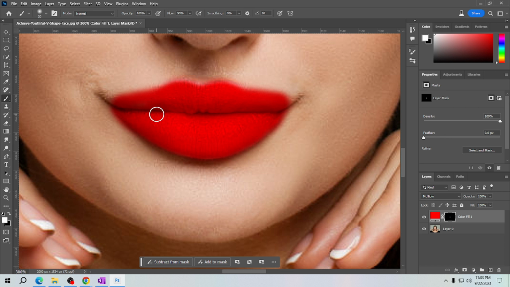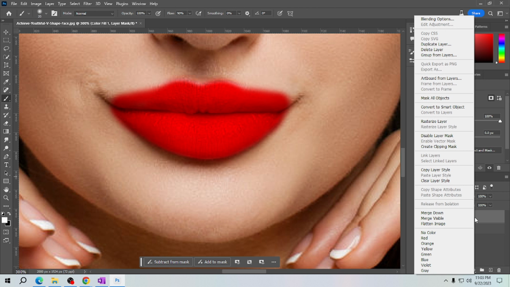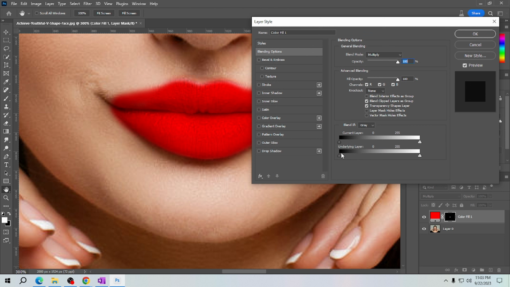Once you're done selecting the lips, please click on this layer here, right click and then select blending options. Now in the underlying layer, edit the slider here like that, or you can click the alt to add additional